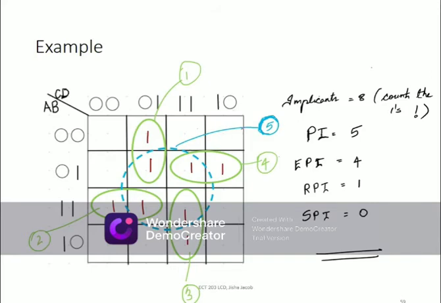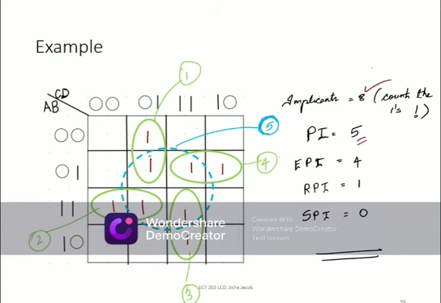Let us see a case where somebody has done the grouping and included the 5th group. I have 4 plus 1, 5 groups. So having included the 5 groups, let us see the number of implicants, prime implicants, etc. The number of implicants is 8. What is 8? 8 is the number of ones here. Each one corresponds to a min term. The number of prime implicants is 5, because prime implicants mean how many groups are there in this K-map? 1, 2, 3, 4. 4 green groups and 1 extra, that is the blue group. So you have 5 groups, and 5 groups mean the prime implicant count is 5.